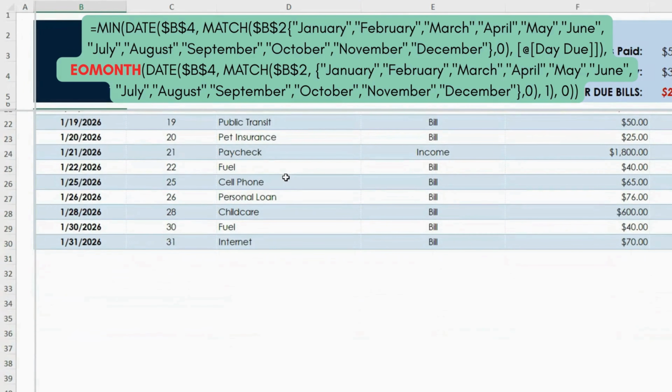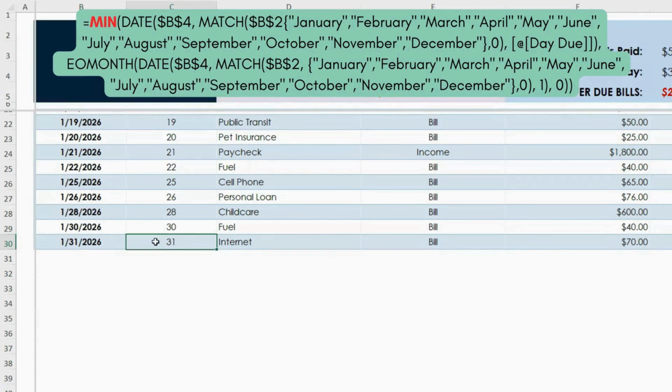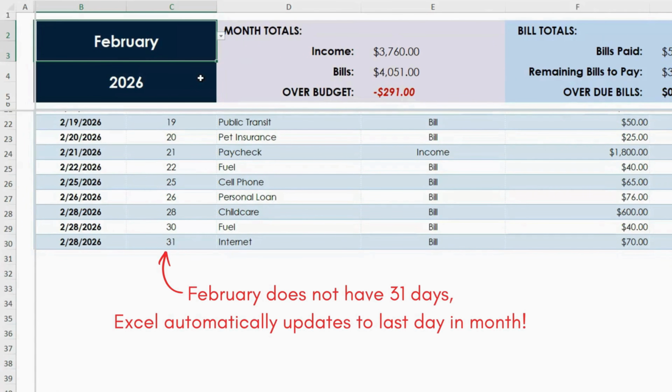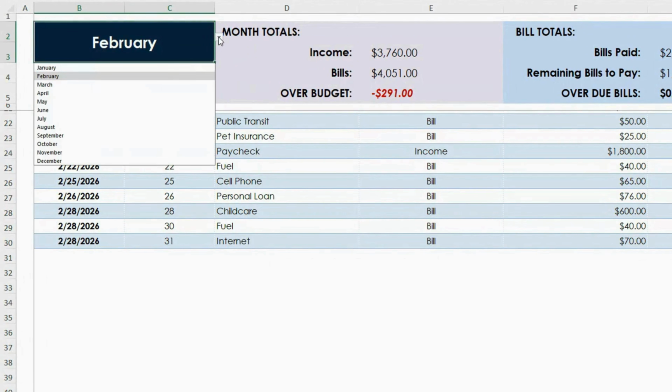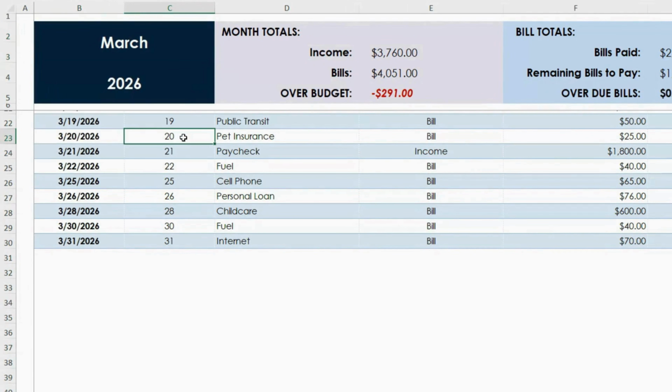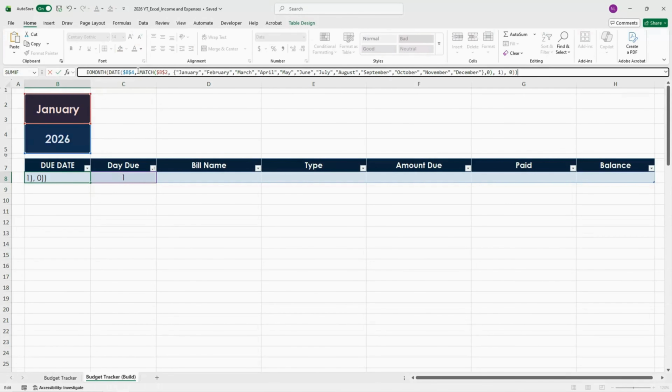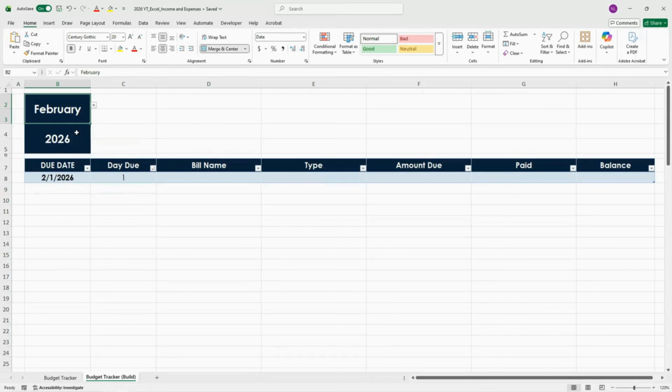End of month finds the last valid day of the month. And min keeps the due date inside the month you're currently working in. The key thing to know is your due dates will always stay in the selected month and year. So if you change the month or year at the top, all of the due dates update automatically. You don't need to memorize this formula, just understand what it does and reuse it. Once I plug this in and enter a day due, you can see the due date populate automatically. And that's it. Now your due dates stay accurate month after month